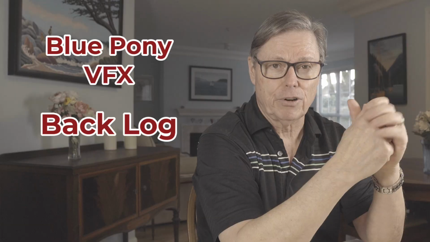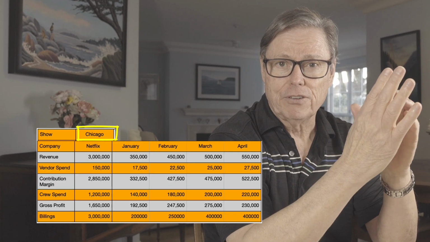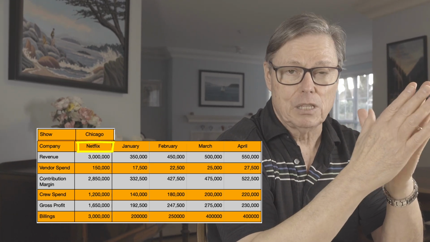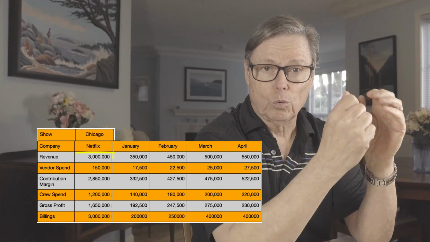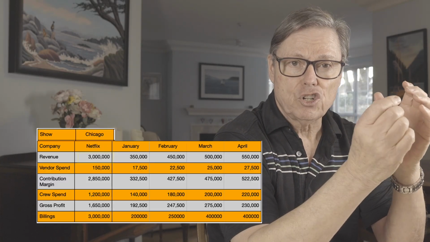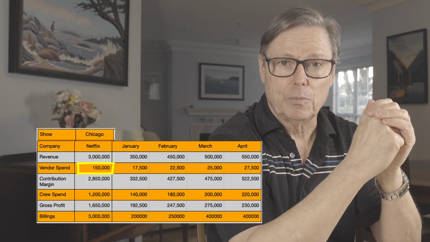Let's go back to the Blue Pony VFX studio and have a look at how they manage their backlog and front log. Blue Pony does post-production VFX work on a show-by-show basis. The format in their backlog and front log is show working title, which may be different from the final title, customer's name, production company that may not be the eventual owner of the show, total revenue awarded to Blue Pony for its work on the show, vendor spend for work that will not be performed by the Blue Pony crew